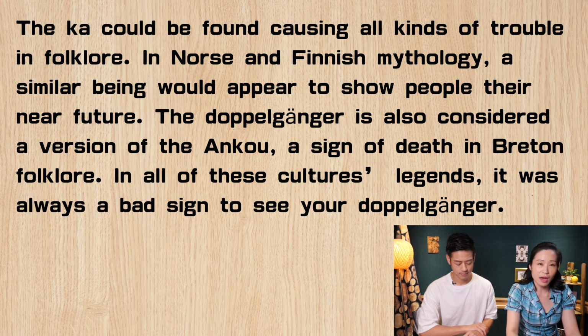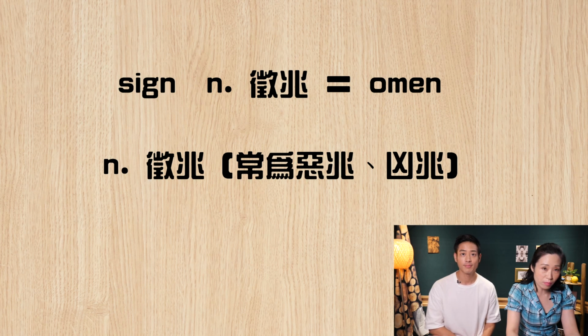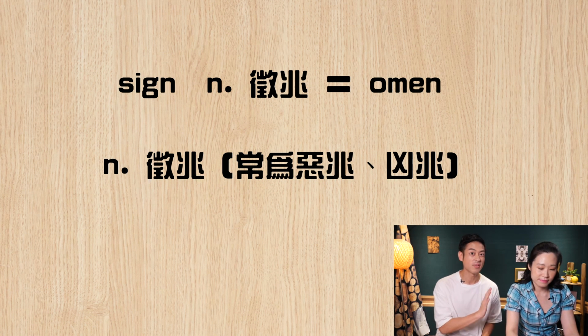Considered means believed to be. Consider 的意思就是人家认为或者相信这件事情会发生。And we say a sign of death. It means like this is going to happen. This is something, it's showing something that might happen. 对，因为这个 sign 呢，在这边是指一个 omen, O-M-E-N，它就是一种征兆，所以你看到这个字就是表示，这个事情会发生了。